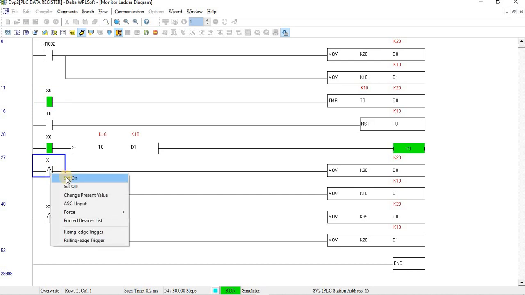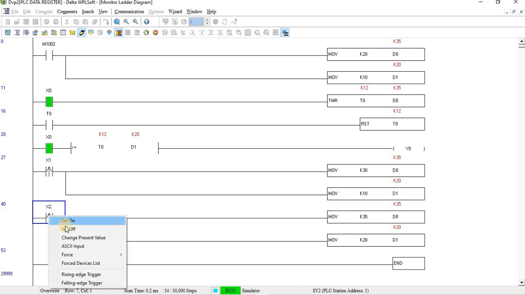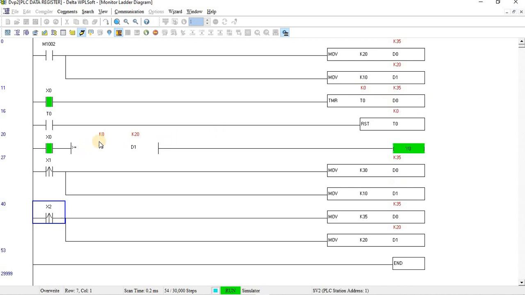But as soon as I click X1, my time has been changed, right? See, 0 to 10 it is off, 10 to 30 it is on. For 2 seconds it is on, 1 second it is off. Now I am going to press my X2. When I press X2, you can see the total time has been changed to 35. Now my output, sorry, 0 to 20 it is off, 20 to 35 it is on. So 20 to 35 is 1.5 seconds. So 2 seconds it is off, 1.5 seconds it is on, right? So this is the solution of this problem.